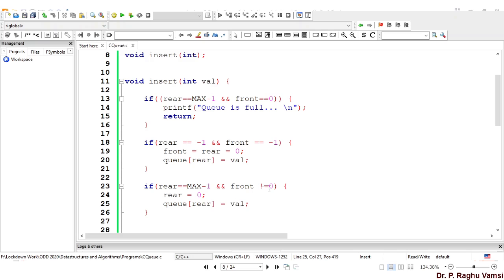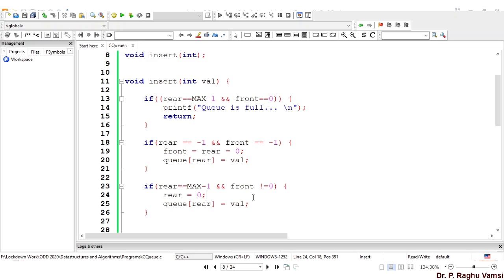That means front is not 0. That means the front may be in some other position. So the reason we can come to know that the zeroth position, that is there exist some empty slots, and we can insert the element into the empty slots.